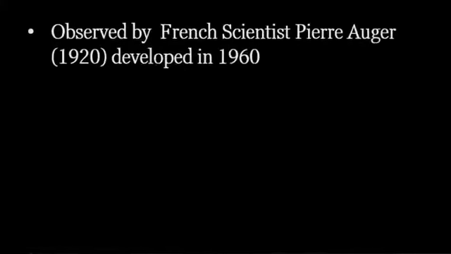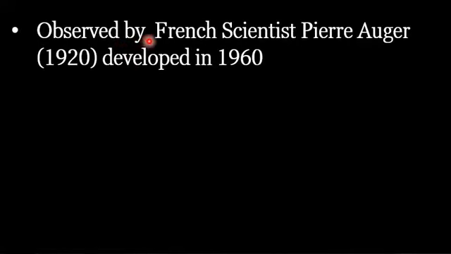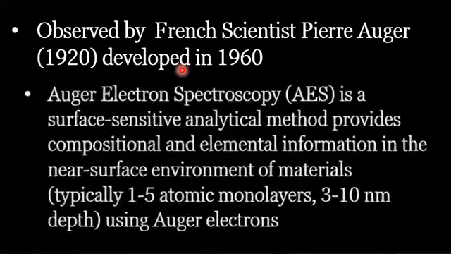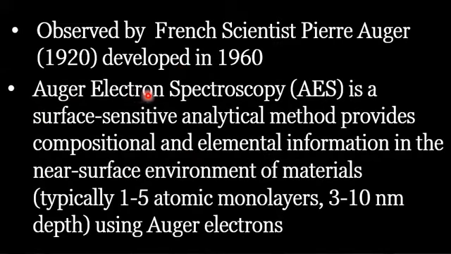Auger electrons were observed by a French nuclear and particle physicist, Pierre Auger, in 1920. And then these observed electrons were used, and a technique known as Auger electron spectroscopy was developed in 1960. So dear student, in simple words, Auger electron spectroscopy is a